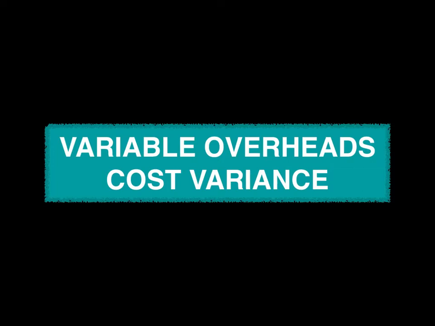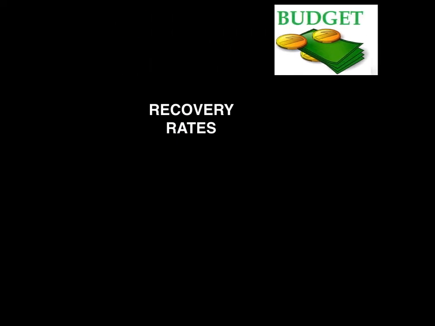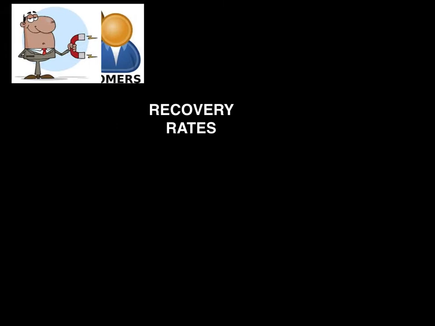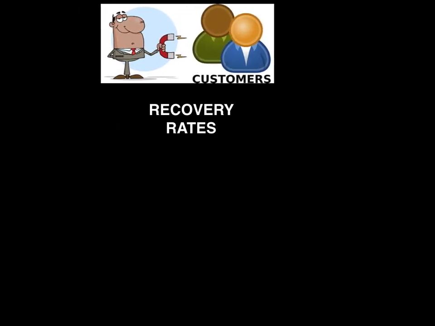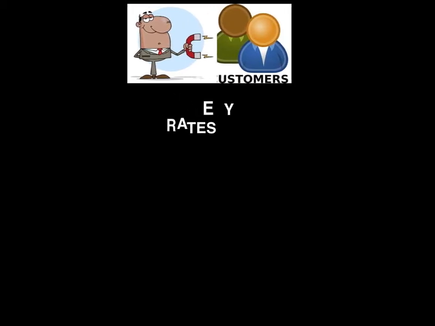So, what we used to do is we used to take the base of a budget. We used to take the base of budgeted cost sheet or maybe the last year's cost sheet. With the help of this budgeted cost sheet, we used to calculate the recovery rates, right? Overhead recovery rates. Then finally, with the help of these recovery rates, we used to charge it to the actual number of customers. We used to recover the overheads from our actual number of customers, right? So that was the overheads absorbed.